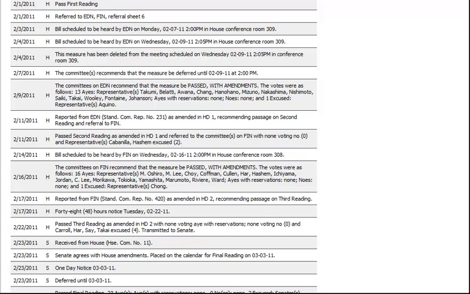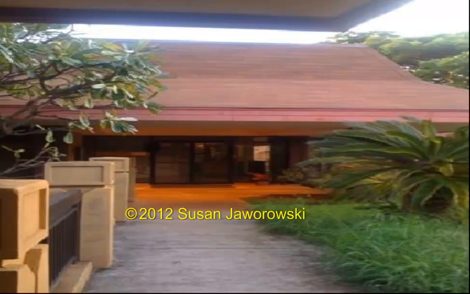In this case, what did the Senate do? They agreed with the House amendments and they placed it on the calendar for the final reading in the Senate, because the Senate needs a whole final reading. What's much more common would be for the Senate to disagree to the amendments and then to go to conference, and if so, that would be listed on the status sheet. But that didn't happen here.